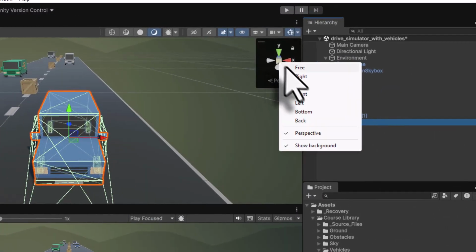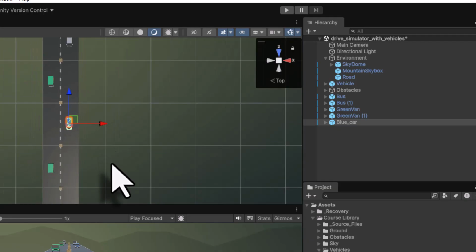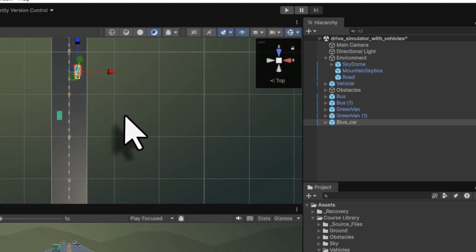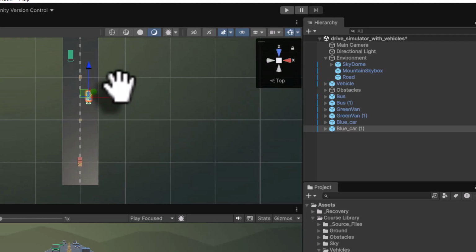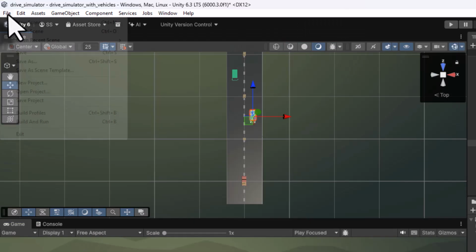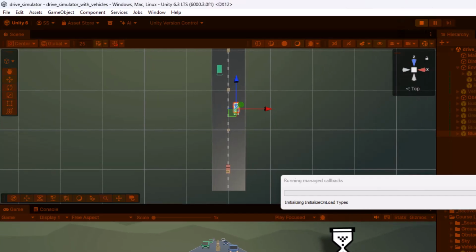Now I will come to gizmo top view, zoom out, and duplicate this and move it along the Z axis to some position here, and I will place it here. If I come into file and save this, and now if I execute the game, you can now see